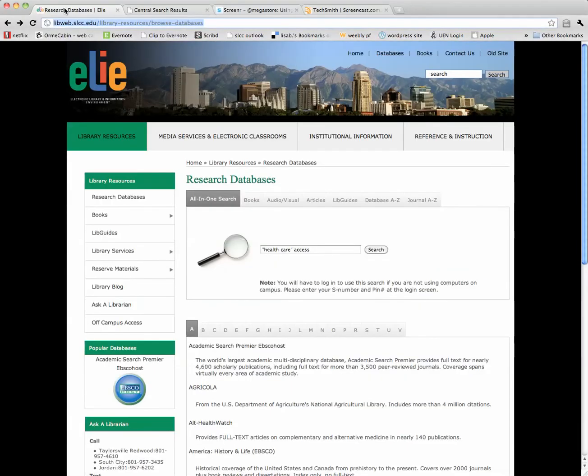Here we are back on the Ellie homepage. I wanted to show you how to use the all-in-one search. This is another search tool. Rather than picking just one database to search, you can look at all of the databases, and maybe give you more broad results, might broaden out your search and give you more to think about in terms of your issue, possibly other ways to approach your issue, other dimensions of your issue that you maybe haven't thought of.